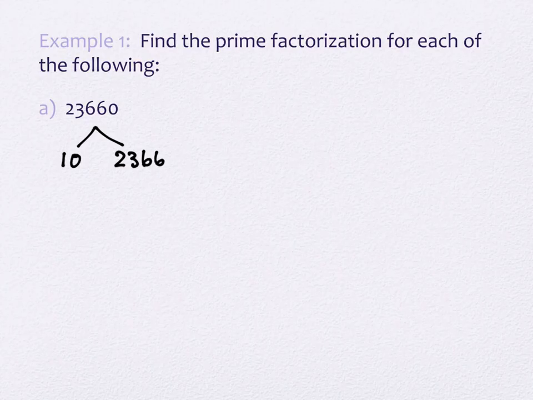Okay, well 10, it breaks down. It's 2 and 5. 2366. Now you may not know what it divides by, like at first glance, maybe like the 0 ending one. But at the very least, you know it divides by 2 because it ends in an even, right? So even if you get stuck on this particular one, you've got some place to go from here. It will divide by 2. If you divide this by 2, you get